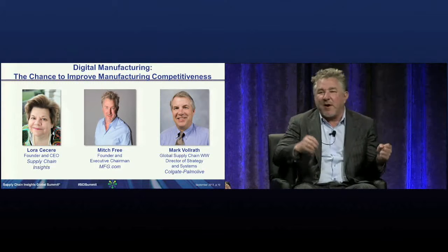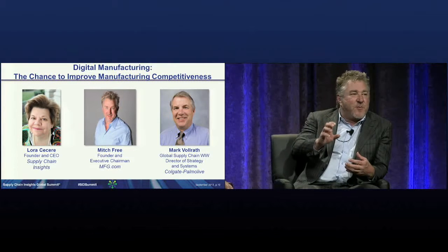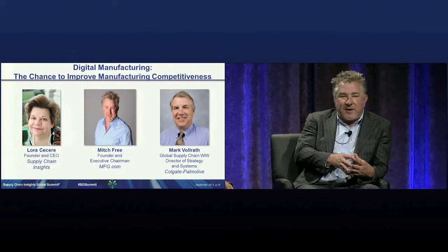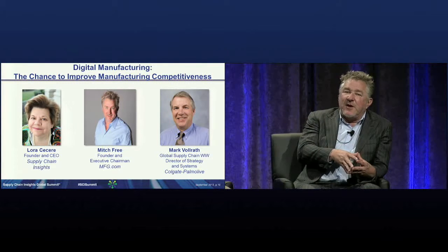You don't have to jump off a cliff wholeheartedly and start to do things in a more digital, dynamic way. But take a small project and test it and try it. I would just encourage people to put their toe in the water. Otherwise, they'll wish they had. Which toe would you put in the water? Would it be digital imaging, CNC, or additive manufacturing? Where would you start to experiment? I would probably start with just doing some sourcing